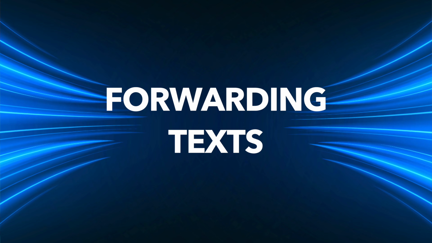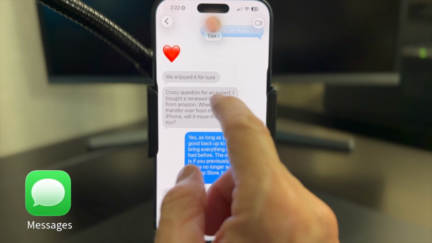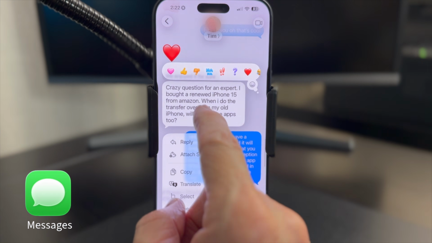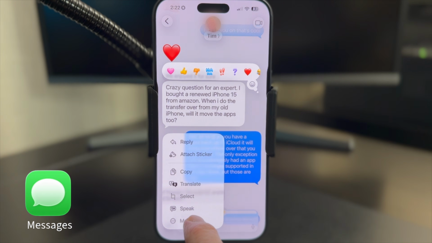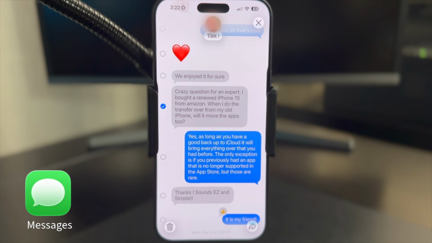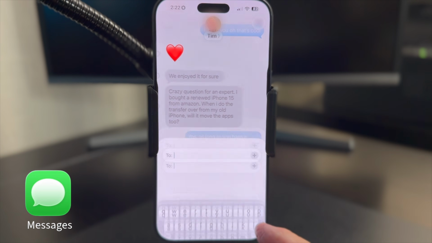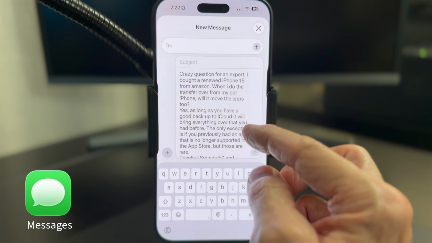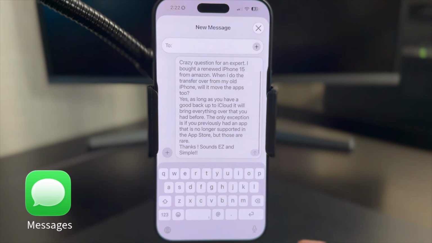Let's dive in. Instead of forwarding one message at a time, there's a much faster way. In the Messages app, tap and hold the first text message. Select More from the pop-up menu. Tap the circles next to the text that you want to copy or send. Press the curved arrow icon at the bottom right. Then you can add any additional text you like, type the recipient's name or number at the top, and hit